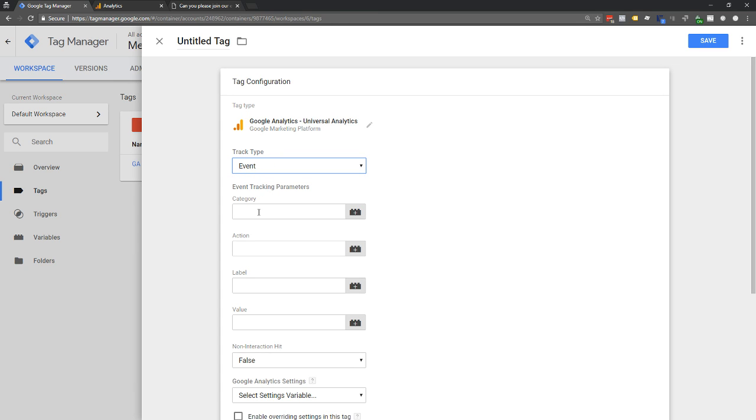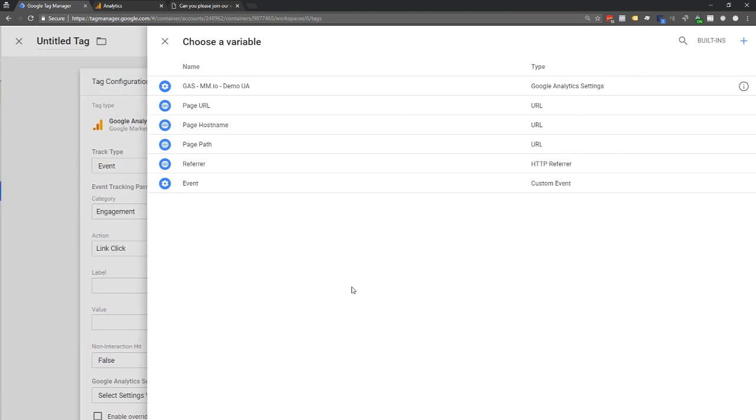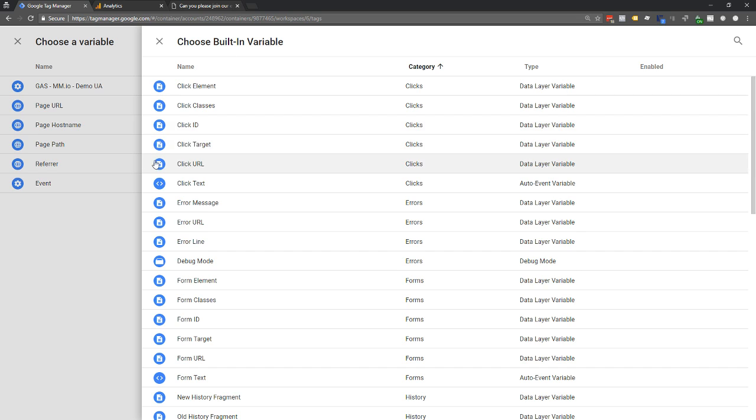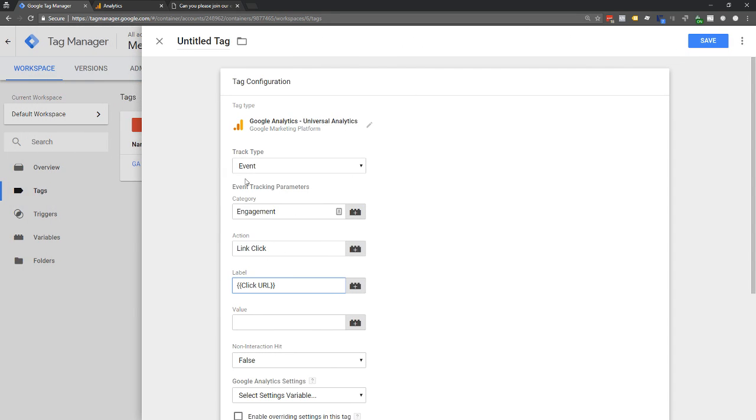So we're going to do an event real quick here, and I'm just going to do a category. Let's just call it engagement. And then under the action itself, we're going to put in that it was a link click. And then under the label, I'm just going to ask it to tell me what the clicks are. So I'm going to go in here, go to our built-ins, and enable our variables. So we're going to say the click URL. I want that enabled, and that's going to be it for now. We can always add more later, but for this example, I'm going to use the click URL, which is the text part that'll be hard-coded, and then it will actually show the click URL, the value of where they were going to. So it'll report an event for the engagement, link click, and then that.